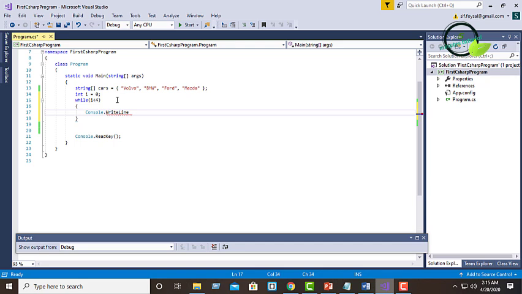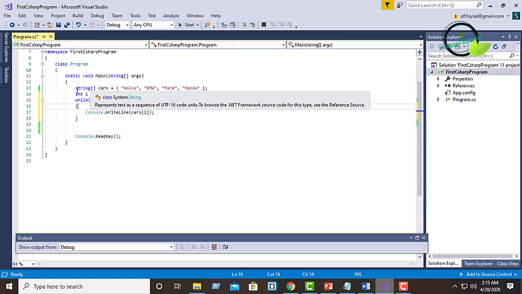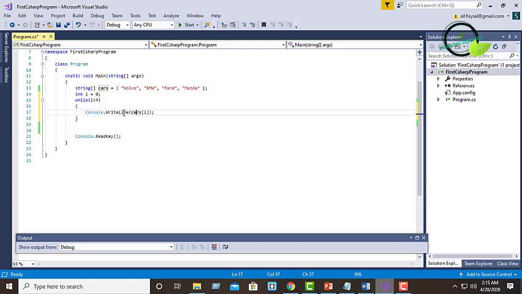It will print the array as well. If you don't understand the array, don't worry, I will teach the array next.